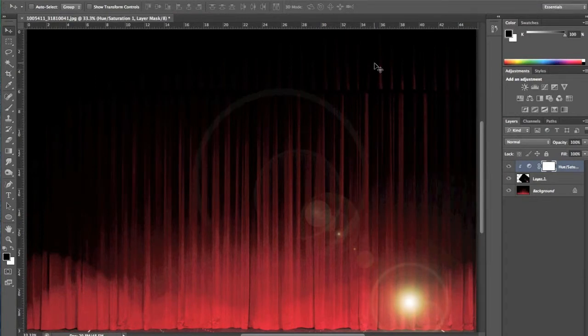So the screen blending mode is a way that we can make our lens flare non-destructive. We can make it editable. We can move it around. We can lower the opacity. We can change the color of it. And it just gives you a lot more flexibility